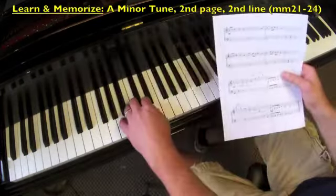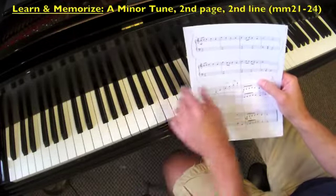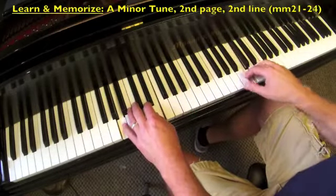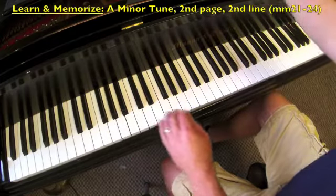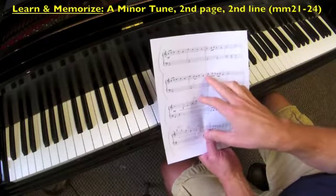Left hand, a fifth on F, fifth on A, another fifth on A, then you go down to G. I think you know that. Let's put them together. 1, 2, 3, 1, 2. Okay, and then once you get your 3 perfect on that 2-measure stretch from measure 21 to measure 23, then